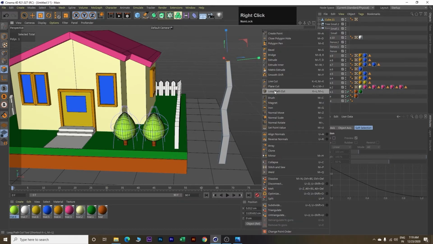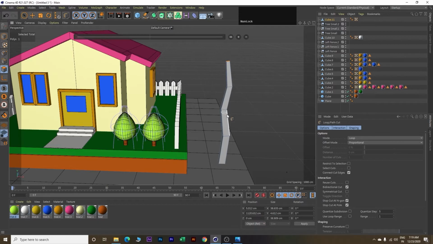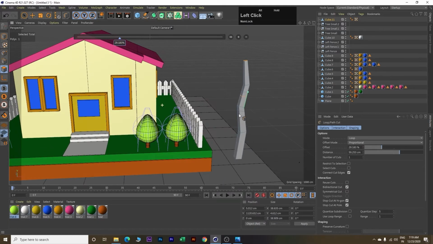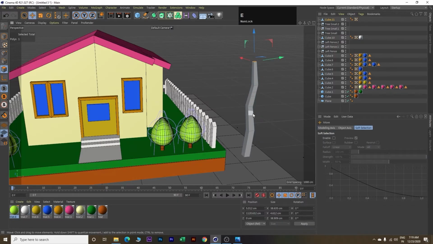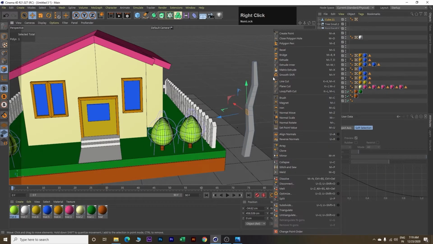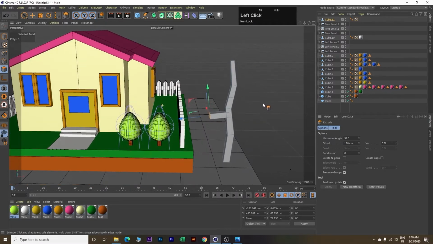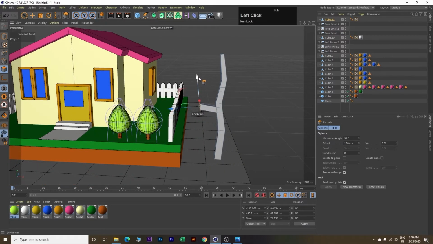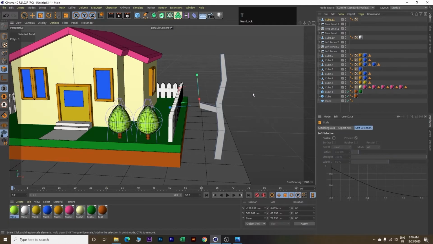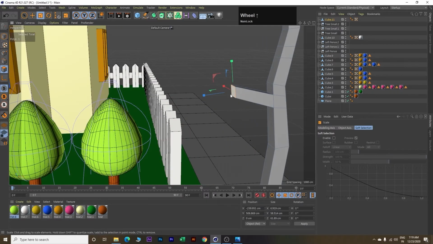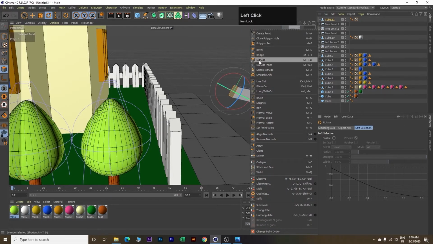Next right click and make selection of loop path cut. Make a cut somewhere here, one here, one over here, and other one over here. Then rotate your house. Click E on your keyboard, select this polygon, right click and extrude. Next move it little upward. Click T on your keyboard, resize. Click R and rotate. Right click, extrude.